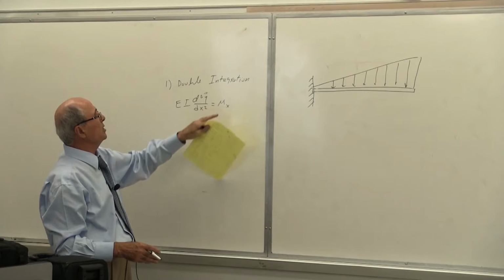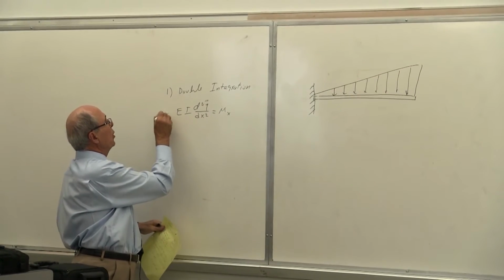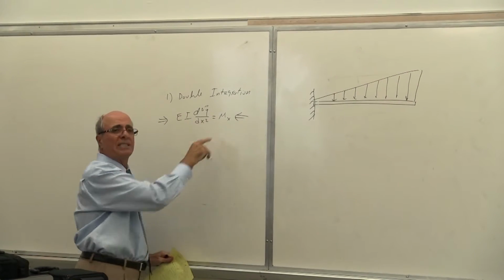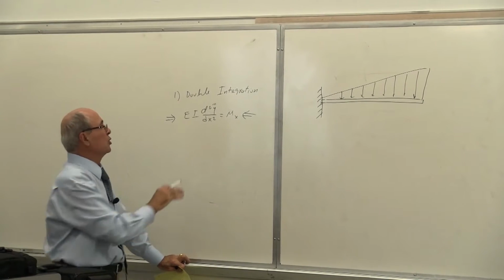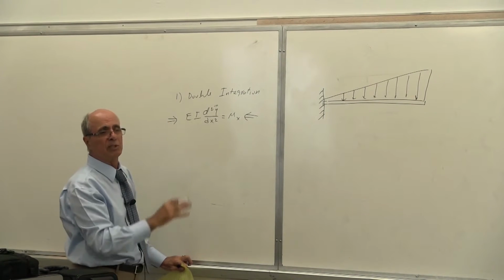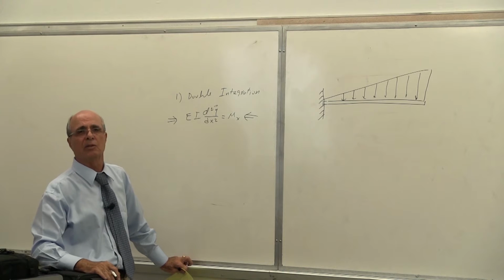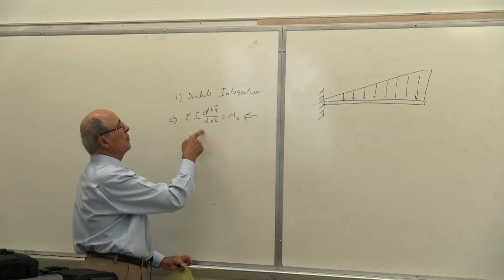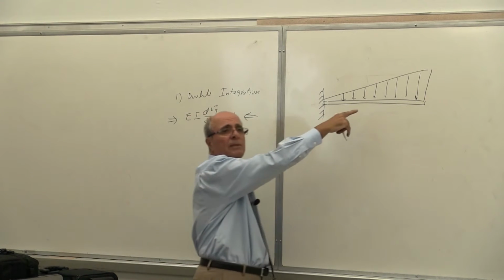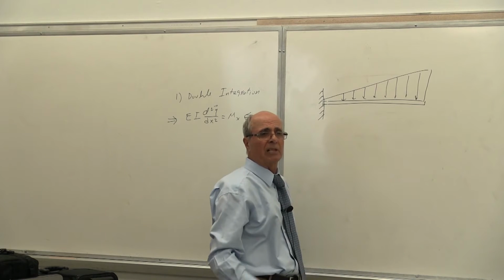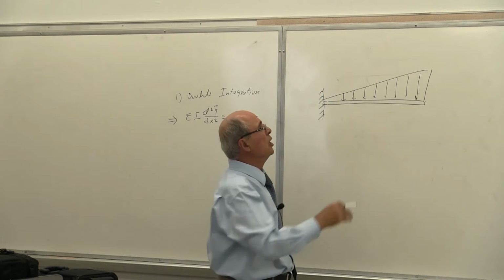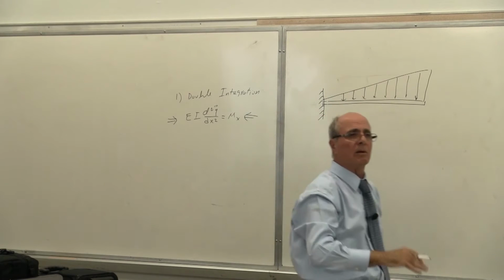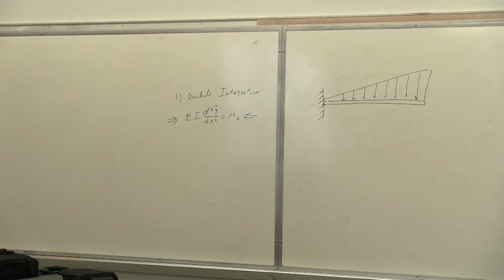We call this double integration because the starting point is, as you see, M as a function of x. So you need two integrations only, which we have done in the previous example. Yes or no? Now, the second method, instead of starting here, we can start from load as a function of x. Actually, purposely, I gave one of the homework. Your load is a parabola. Yes or no? If your load is a parabola, you cannot find M as a function of x that easy. You have to use integration under a parabola, which is difficult. Is that correct or not?